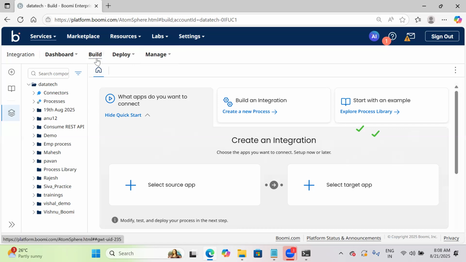these three tabs: build tab, deploy tab, and manage tab. Once you come to the integration page, you need to know about build tab, deploy tab, and manage tab. So what is the purpose of build tab? Here, build tab is helpful for me for the development purpose. Whatever the development activity I am going to do in Boomi, I'll be doing with the help of build